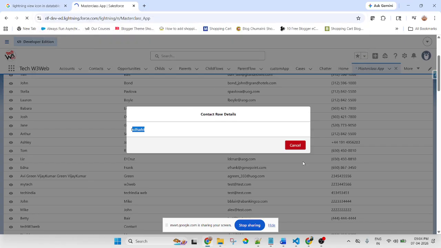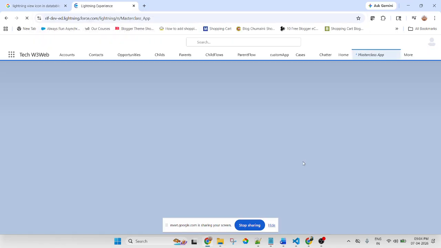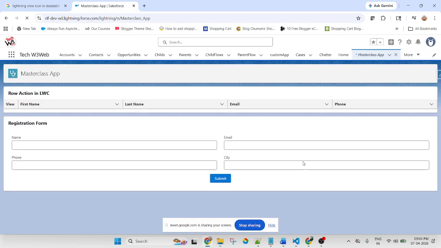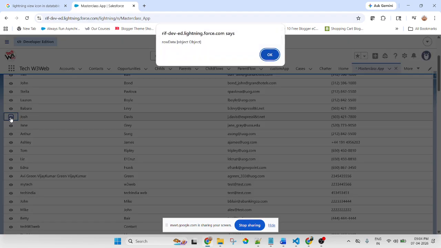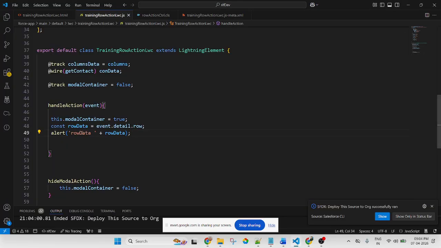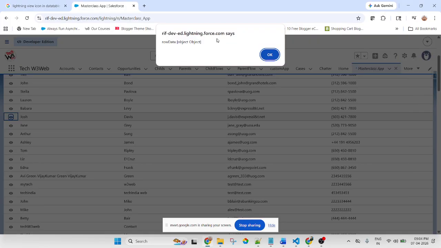Refresh. Click. Yeah, row data. That is coming from this row data, and this is a dynamic variable that is getting the data. It is returning an object. If you check it stringified, it will give the same data.